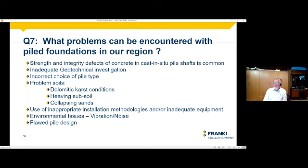The seventh basic question is, what problems can be encountered with pile foundations in our region? The first and probably most commonly encountered problem is strength and integrity defects of concrete in cast in situ pile shafts. The second most common is inadequate geotechnical investigation, which has been stressed by various authors and previously in this presentation. Crucial. The incorrect choice of pile type is also a fairly prevalent